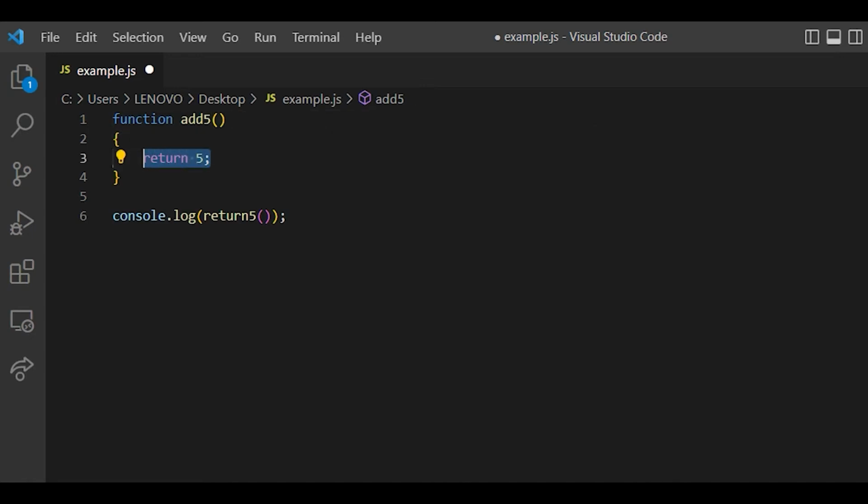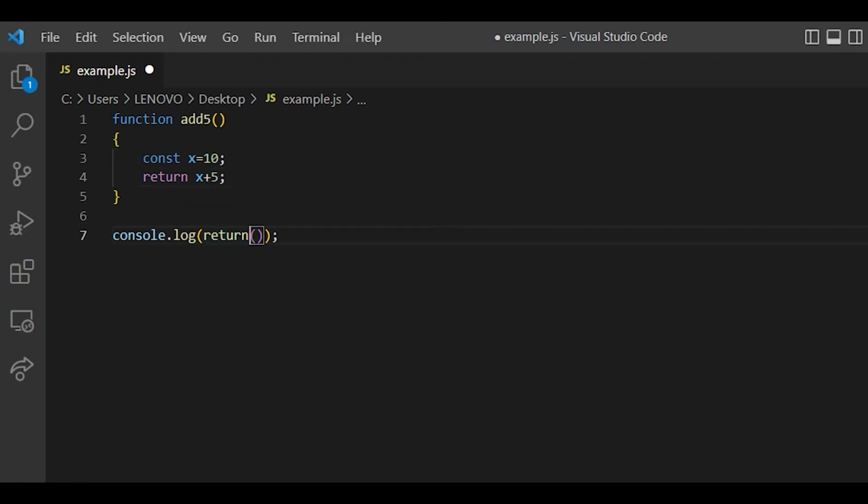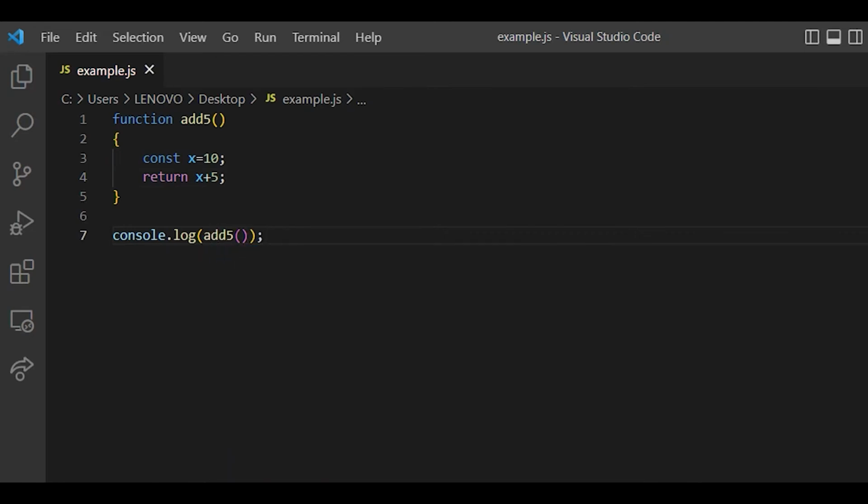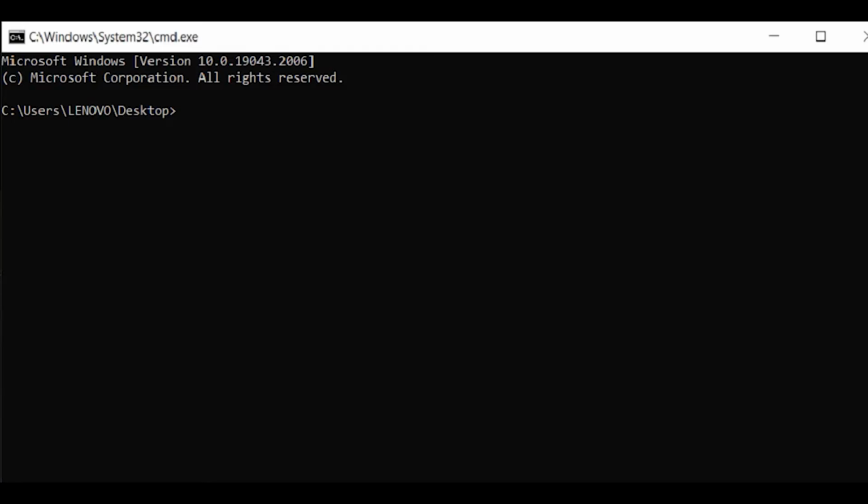What we are going to do is return the value of x, and we are going to do a little bit of addition over here. We are just going to add the number 5 to that. So I am not going to put 5 into a constant. I'm just going to return the number 5. Run the Node.js, and we got 15. And if you want to look into the bytecode,